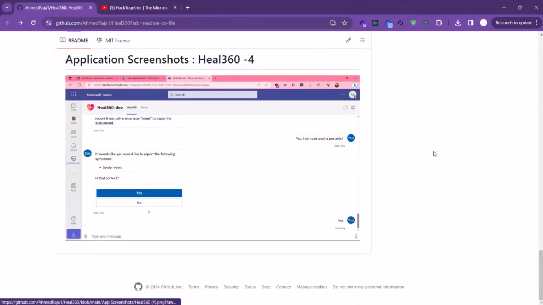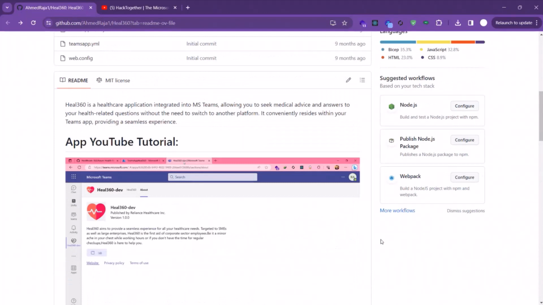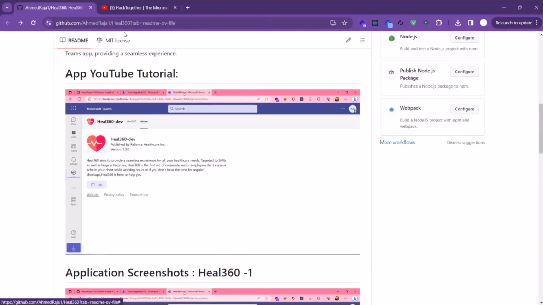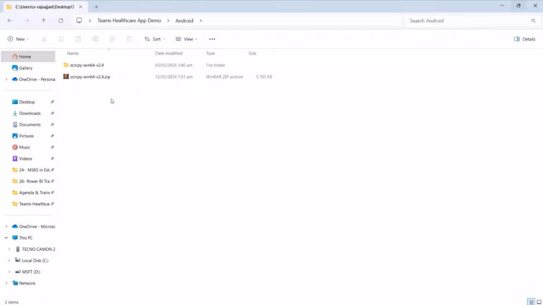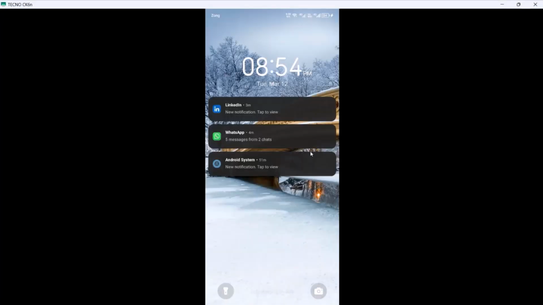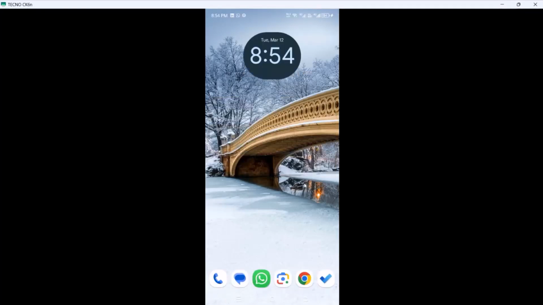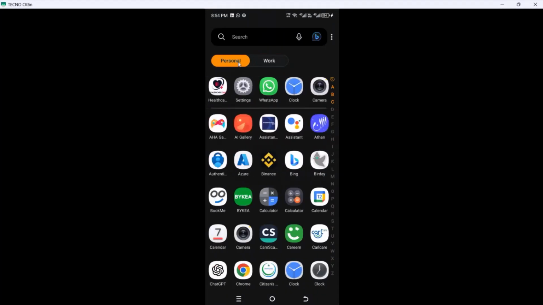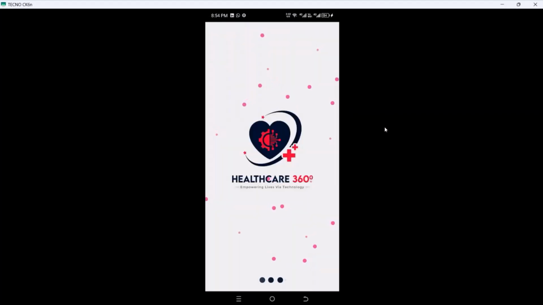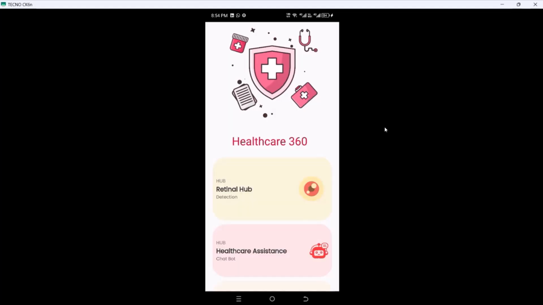So let me show you in the last couple of minutes the mobile version, of how these things can work in a mobile environment. Okay, I hope my screen is visible. It's again the Health 360 application. It's a React Native based application, again a JavaScript